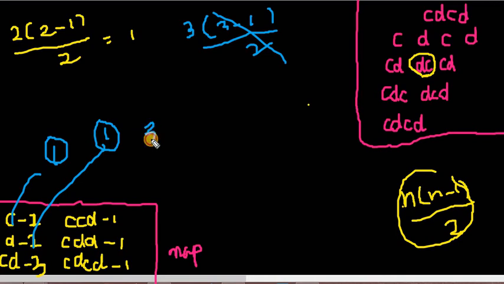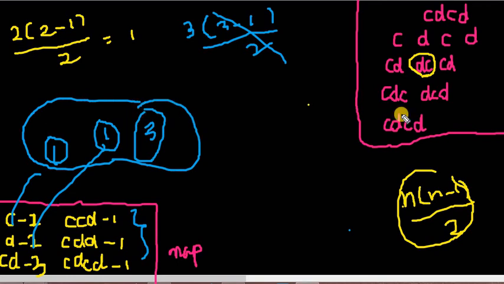So 3 for CD, and for the values which are 1, we don't want to calculate, because the numerator will be 0, because we have n minus 1. So we can categorically ignore these values. Or if you calculate them, there is no issue as such. So the number of pairs we got is 5, and the number of distinct pairs which form an anagram is also 5 for this case. So this could be one way of solving this problem.